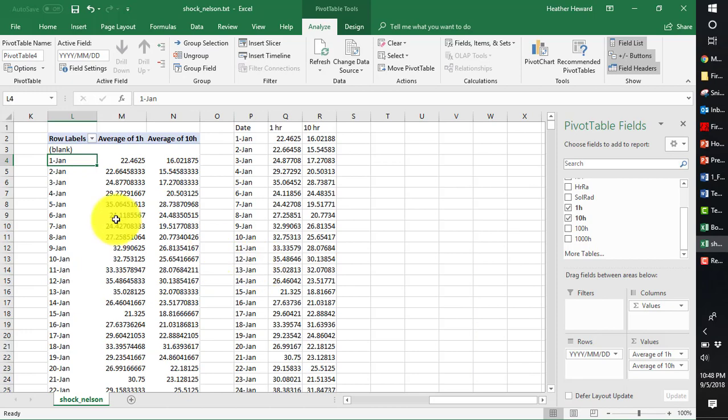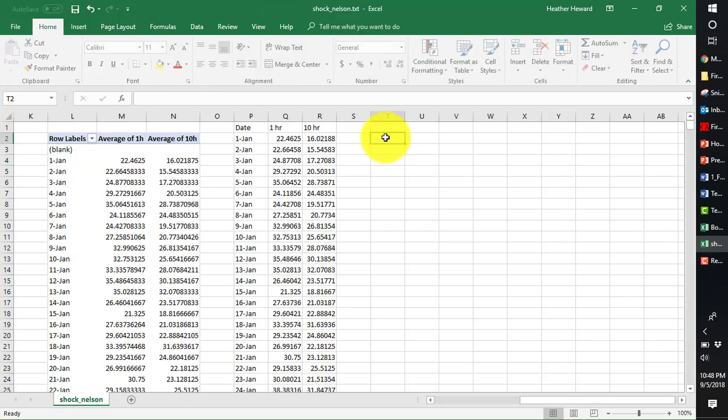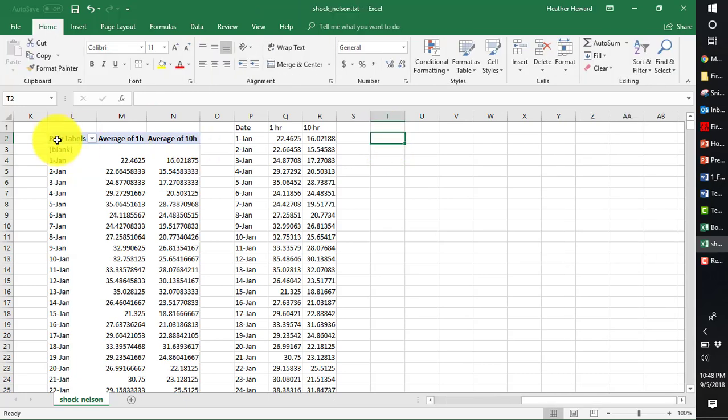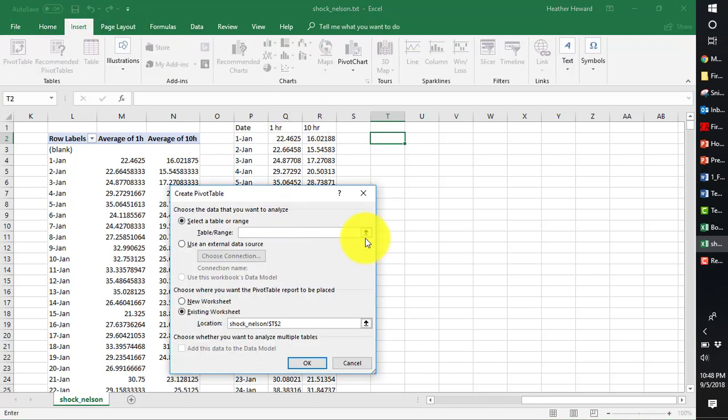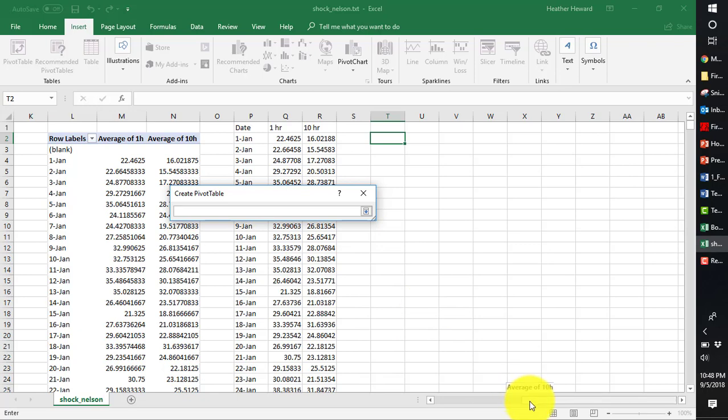So another feature that we might find interesting, if we are analyzing the weather for a specific month, let's say the month that you typically prescribe burn in, is the patterns of fuel moisture from hour to hour. To get this, you could try and manipulate your already created pivot table. I have found that to be problematic because it seems to carry over different settings, so I'm just going to create a new one. Putting my cursor somewhere that's got enough space, and I'll go to Insert, Pivot Table, select my data range again,